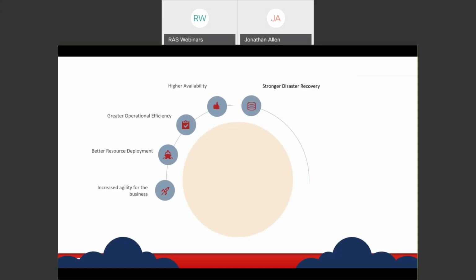So the ability to move into a disaster recovery mindset, if a server goes down, or a physical location goes down, a hurricane comes, there's a fire, whatever the case may be, your capability of keeping the business operational increases exponentially with a virtualized framework.